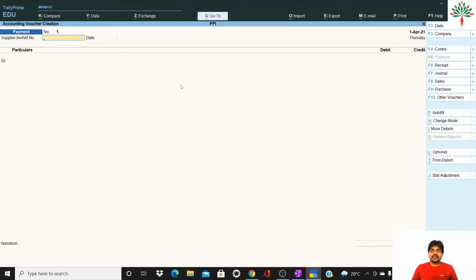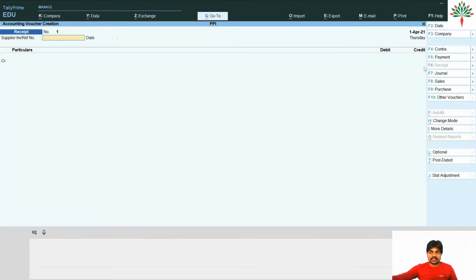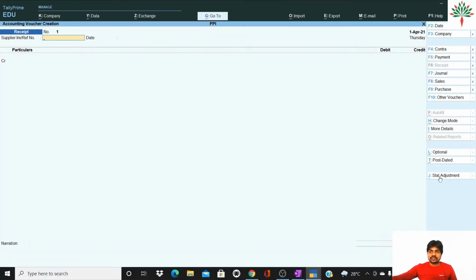First of all, you will have to select the proper voucher. Now the voucher that will be used here will be receipt voucher. To open a receipt voucher, either you can click on the receipt or you can click F6, that is given in front of the name of receipt. Okay, that is the shortcut key, F6 for receipt voucher, right?